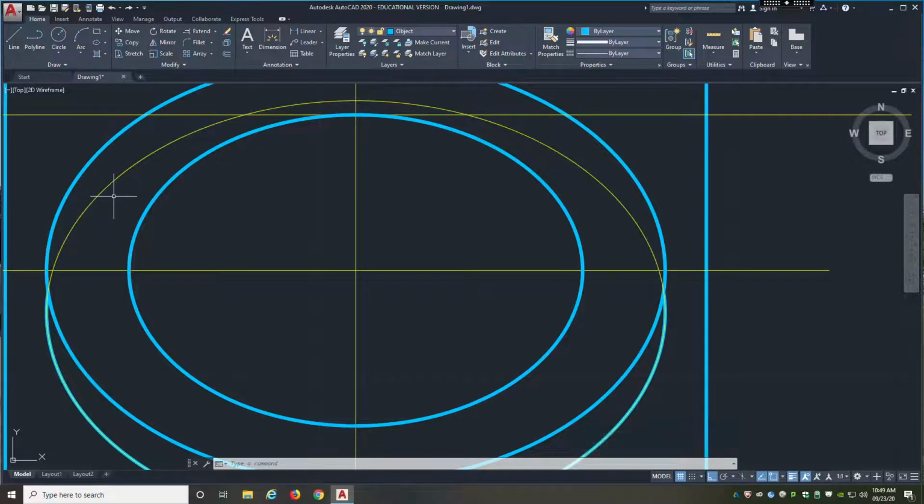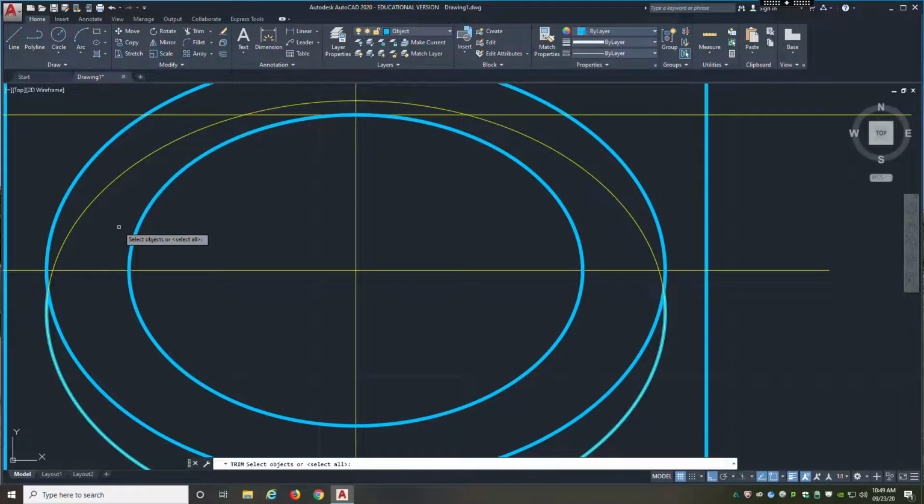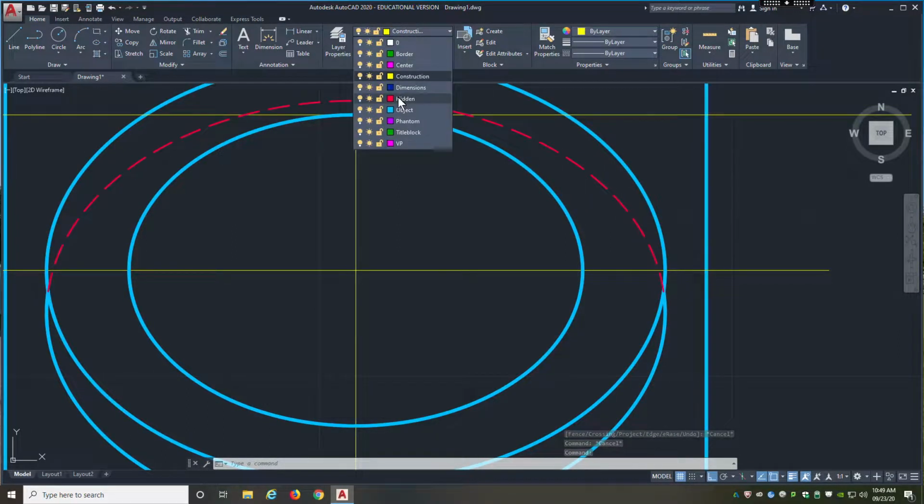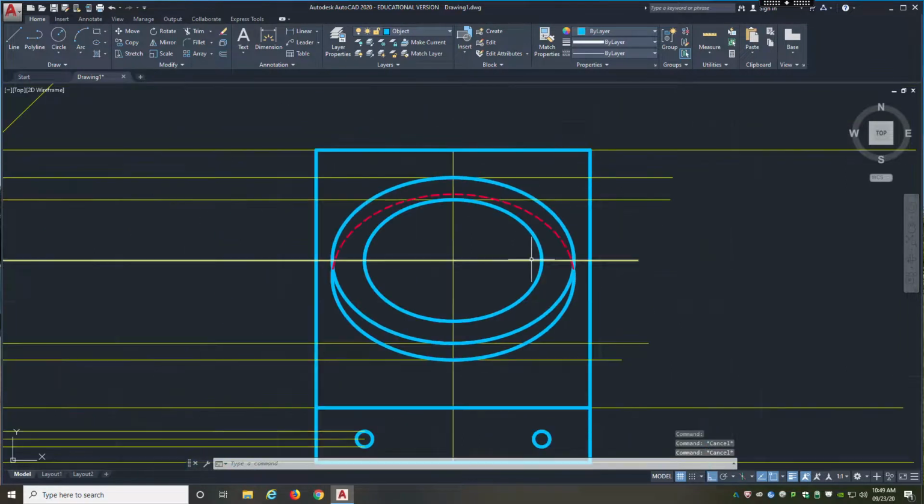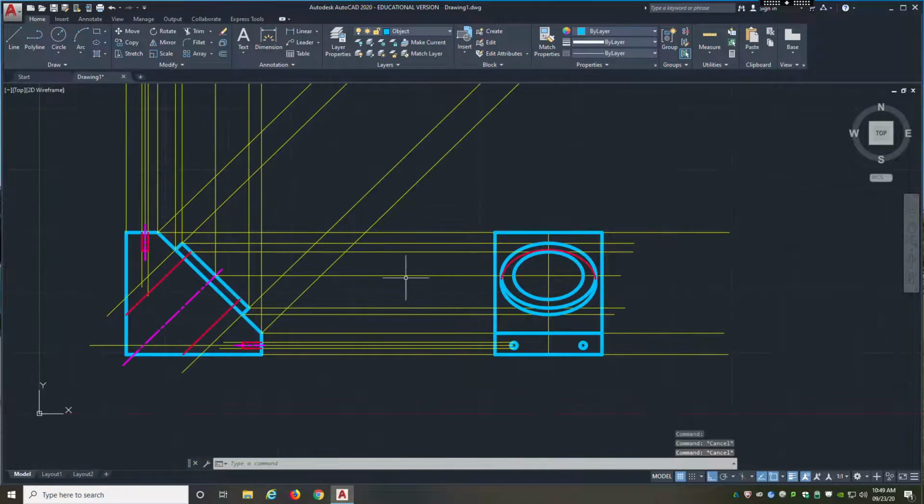troubleshooting this really quick, I'm just going to trim. Right? I think that's going to be the better option to do. So trim, spacebar. I want to pick the yellow line on the bottom and the yellow line on the bottom here, and that trims it. I select it, change the layers to the hidden layer, and after I zoom out, I know this